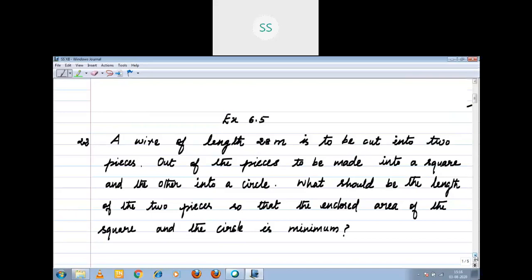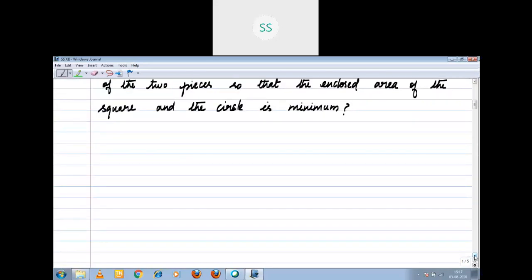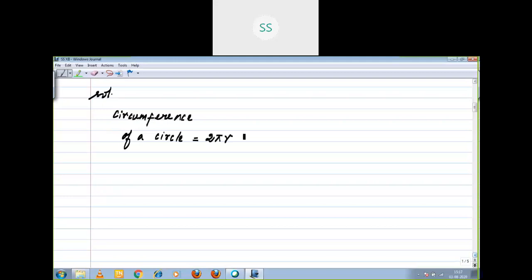Shall we enter into the solution part, children? You have to be attentive and listen to how I'm going to make the statement into the format, the simplest format. Now, first step, circumference of a circle. What is the formula? Solution, circumference of a circle. What is that? Circumference of a circle is 2 pi r. We are dividing the wire into two pieces. One you are going to make into a circle. That means it gives you the circumference.